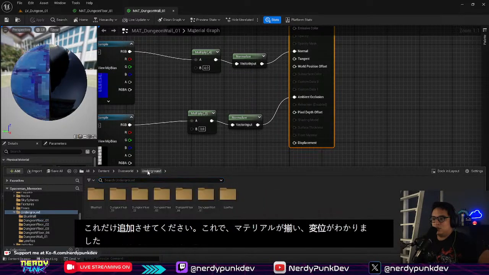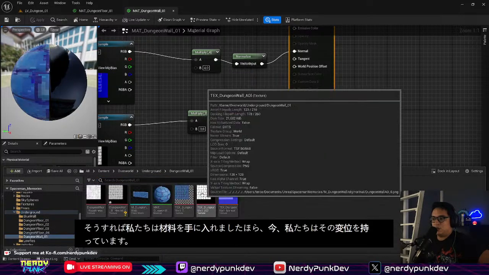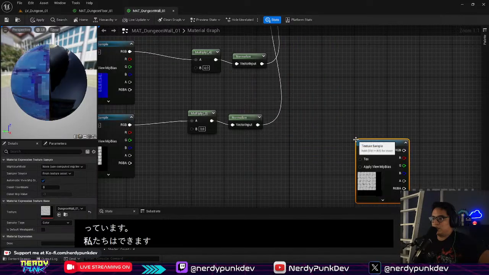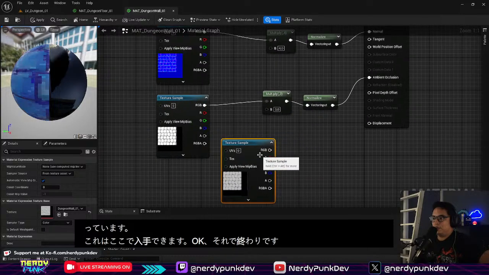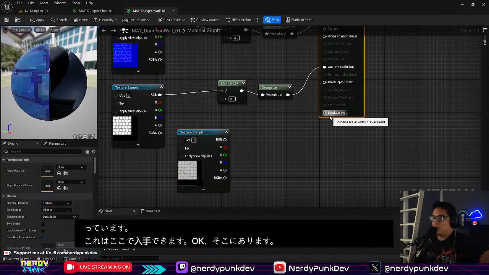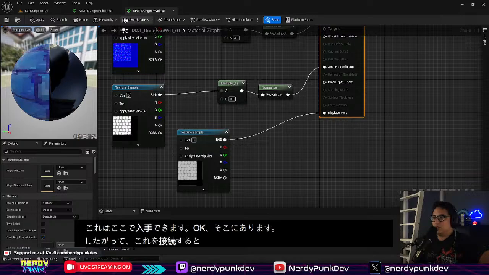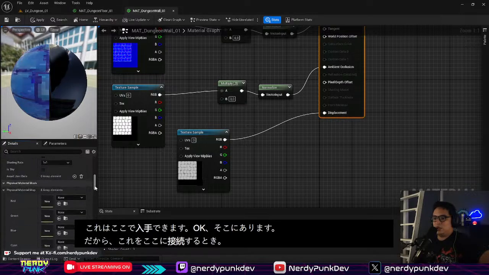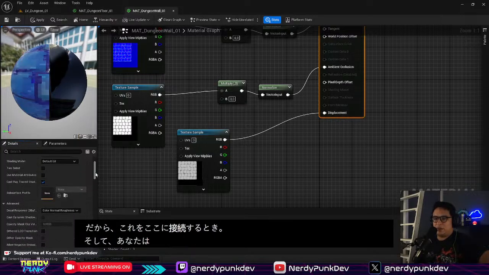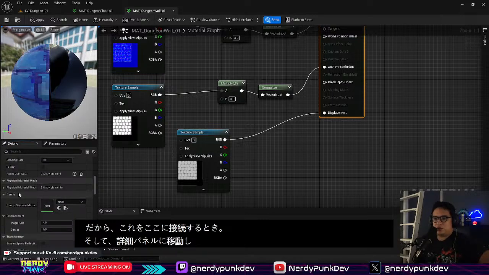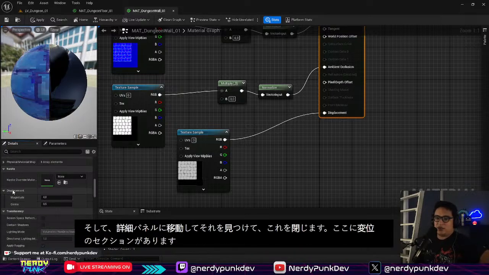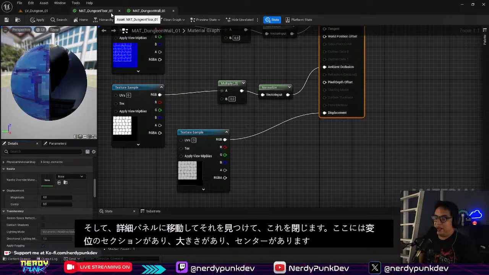and we can get this one here. Okay, there it is. So when you connect this one here, and then you go on to the details panel and find the, let me just close this. We've got here the displacement section, see? And we've got the magnitude and the center. You gotta play around with those settings depending